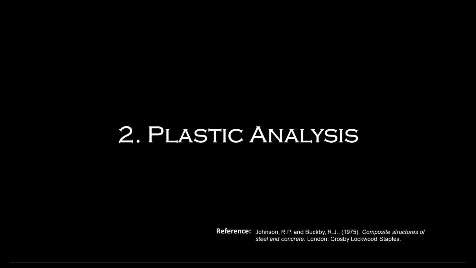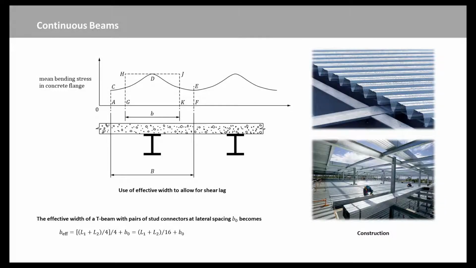First, we will introduce the plastic moment of resistance in hogging bending. The method for effective cross-sections of beams is applicable, except that the effective width of the concrete flange is usually less at an internal support than at midspan. Longitudinal reinforcement will be provided over the whole width of the slab, but only that within the effective width is assumed to contribute to the hogging moment of resistance of the beam.